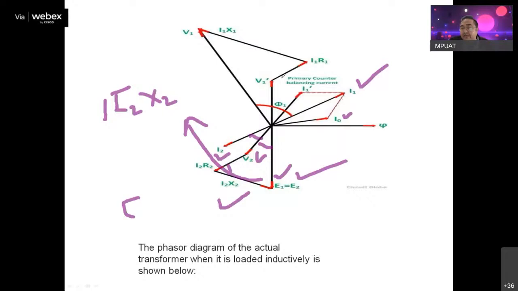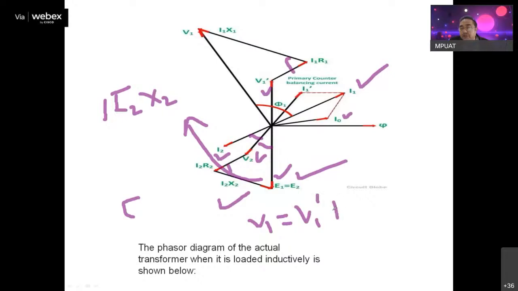ये देखिए ये I1 है, तो इसके पैरेलल में मैंने I1 R1 ड्रॉप ऐड कर दिया. अब I1 R1 में मैं j I1 X1 ड्रॉ करूंगा, ठीक है, यहाँ पे 90 डिग्री पे, तो ये ऐड किया, और ये पूरा ड्रॉप V1 dash, which is nothing but equal to minus E1 plus I1 R1 plus j I1 X1 is equal to V1. So V1 is nothing but